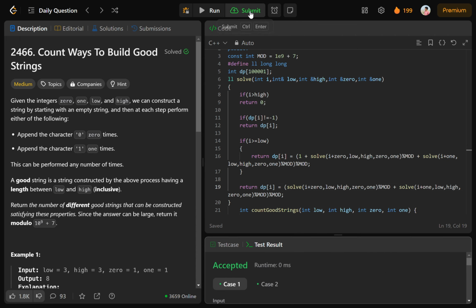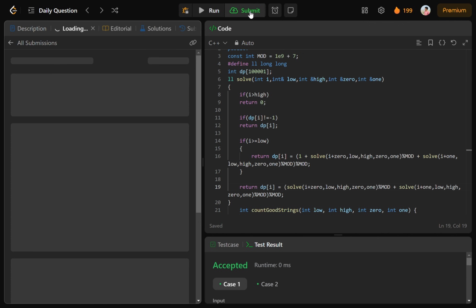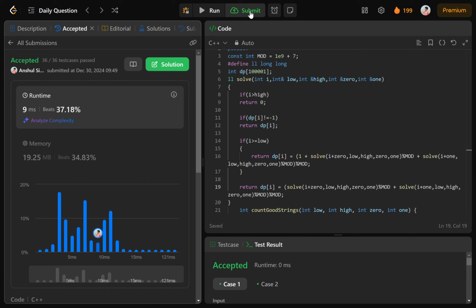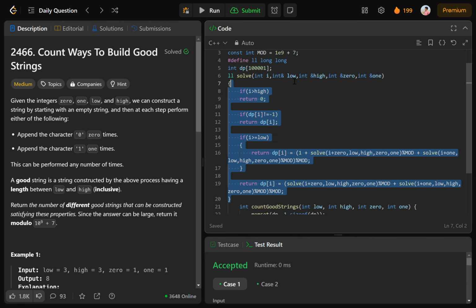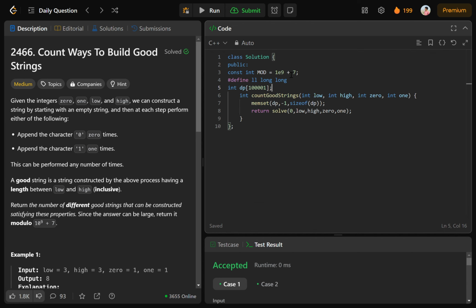Okay, now let's run this. Okay, let's try to submit, and if it gets submitted, let's move to the bottom up code. Okay, so the recursive approach is submitted. Now let's move to the bottom up approach. Okay, let's remove this solve function